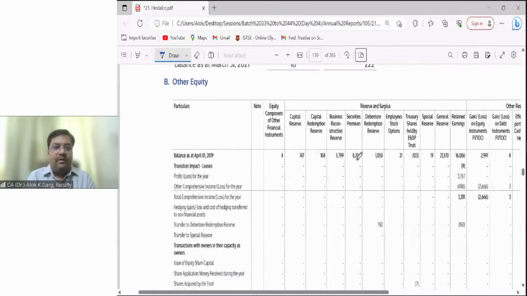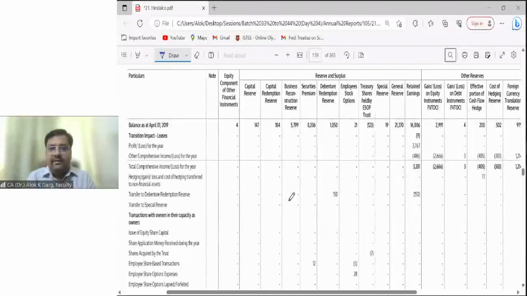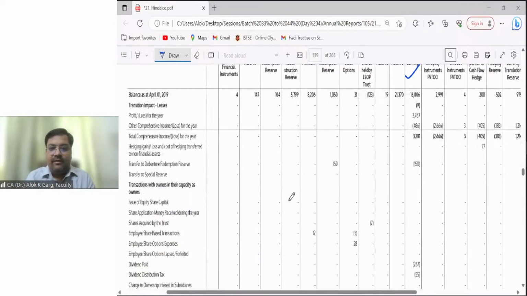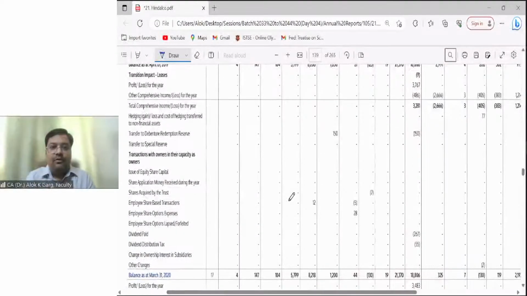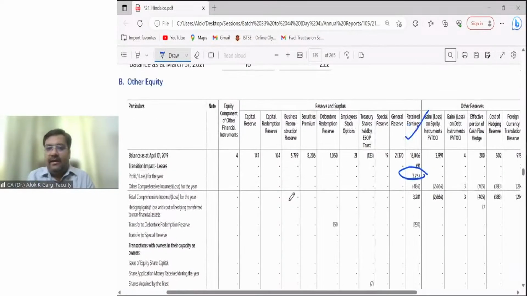Yeah, you can see that. You can see that this is my retained earnings, and in the retained earnings, you can see the profit, right? The profit which I have shown you, you can see that 3767 profit is there, and retained earning, reserves and surplus, retained earning is there in the statement of changes in